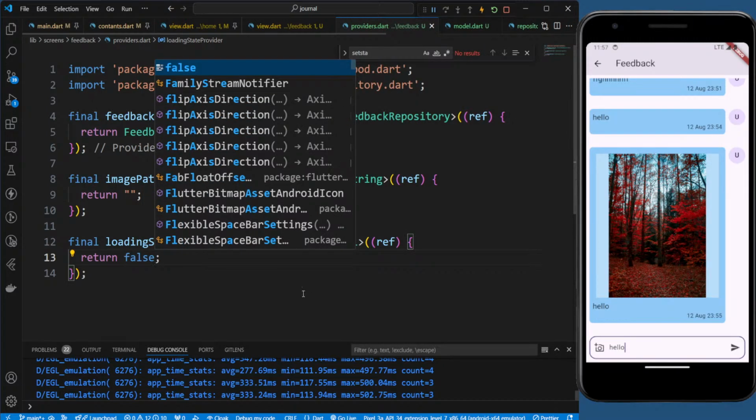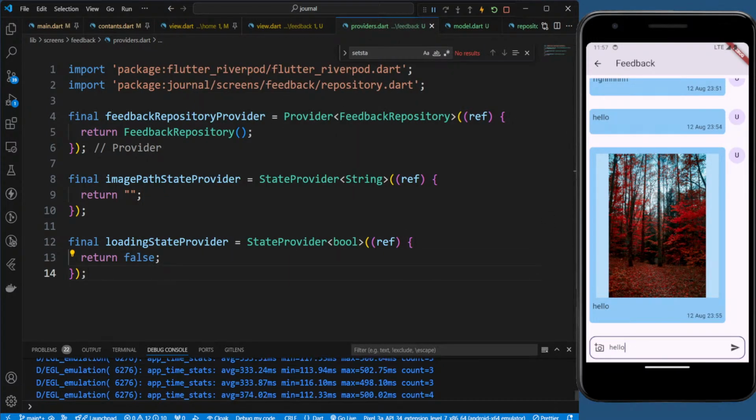So we'll use this loading state when we upload an image, right? So that they don't keep on sending messages, we'll put a loading state here. Okay, so when you select with an image, this needs to be uploaded, right? And our system works like first we'll upload, then send the message. So yeah,